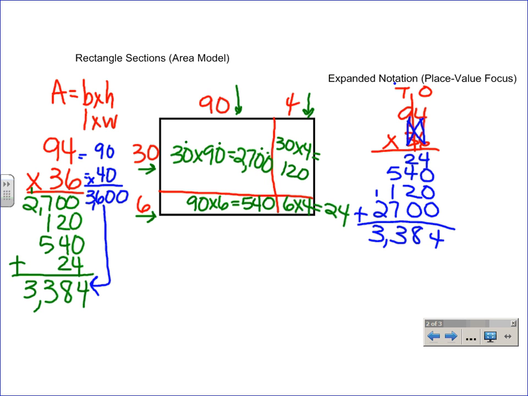And 3,384. So very similar to this, once you transfer all of your partial products into the algorithm and then add them all up. So that was rectangle sections,